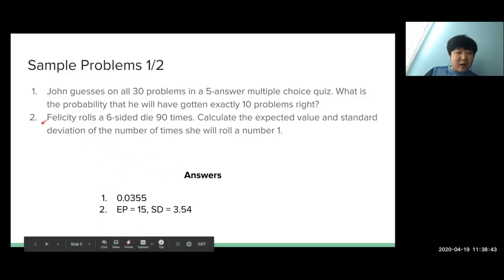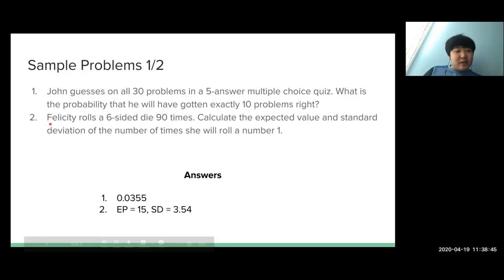Meanwhile, the second problem is about Felicity, and she is rolling a 6-sided die 90 times, and we want to calculate the expected value and standard deviation of the number of times she will roll a number 1. And again, basically this is a simple inputting mathematics problem where we find the different constants. So here n is 90. Since it's a 6-sided die and the roll is completely random unless the die is fixed, which it is not here,